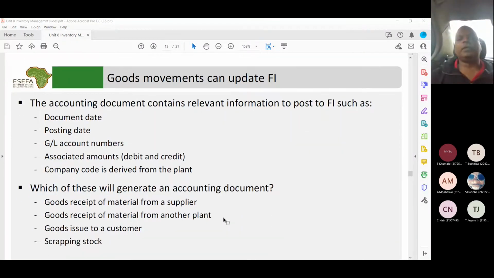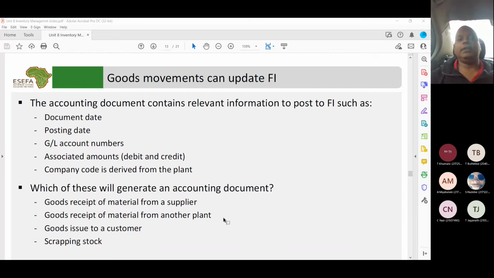Goods movement, we can update the goods movement. The accounting document contains relevant information to post. We will post the document date, the general ledger account numbers, and the company code that is derived from the plant. Now, this may seem too theoretical. When we do the practical aspect of it, you will be able to pick it up from the apps